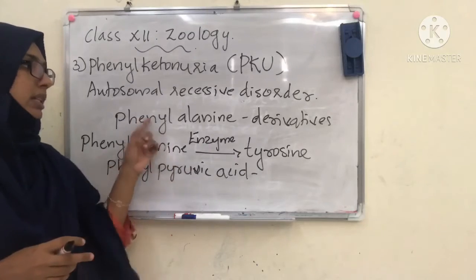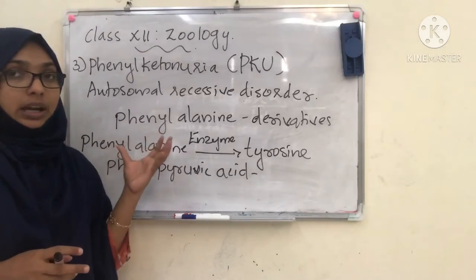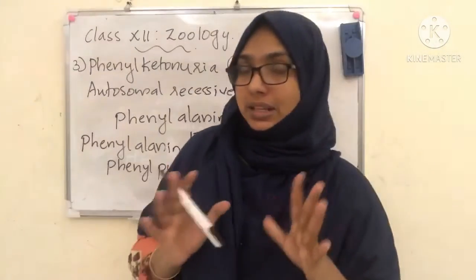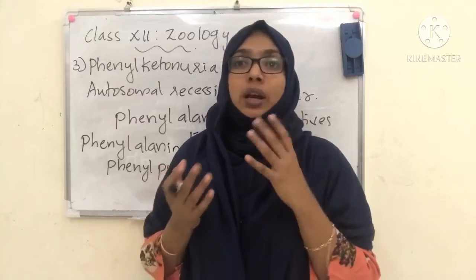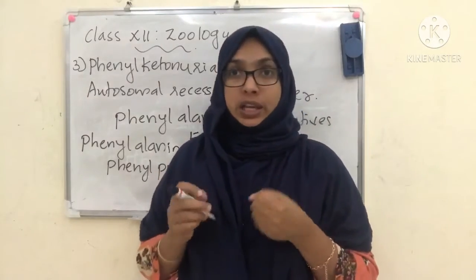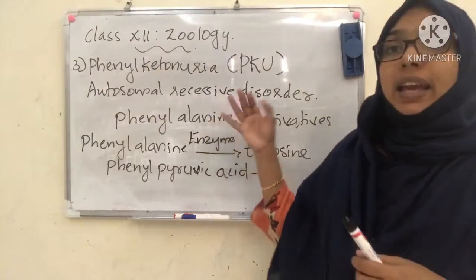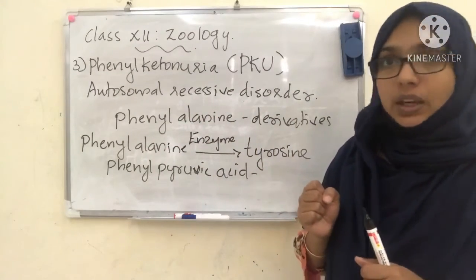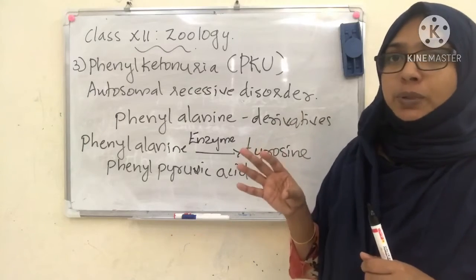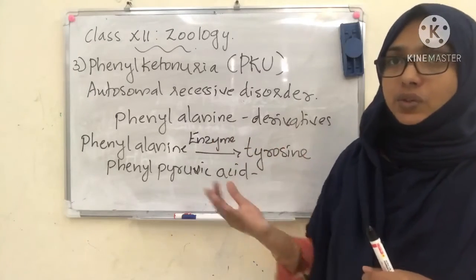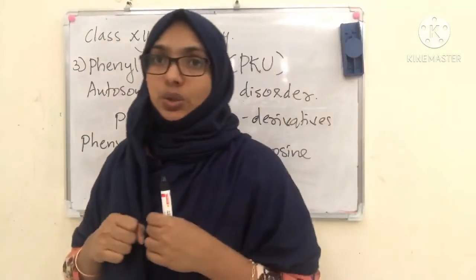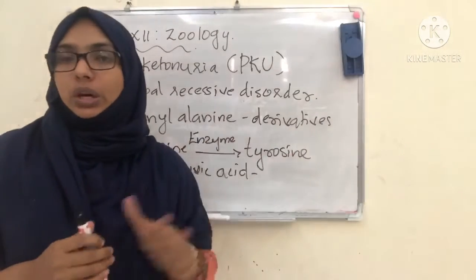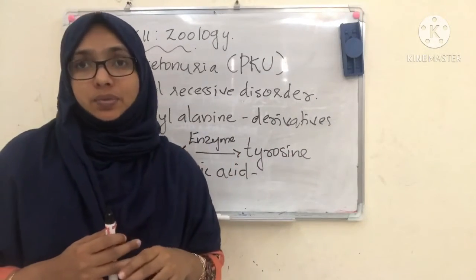And also, since this phenylalanine is accumulated in our blood and all, the kidney can't absorb this phenylalanine as such. The kidney shows poor absorptive capacity, and that causes excessive excretion of this phenylalanine through our urine also. Since the kidney shows poor absorptive capacity, this phenylalanine and its derivatives are highly excreted through the urine. That is also another disease. In your textbook, it is not given, so I am not going into that. I hope it's clear.